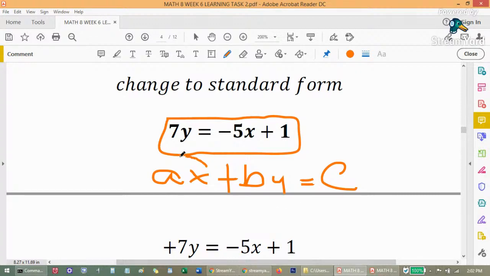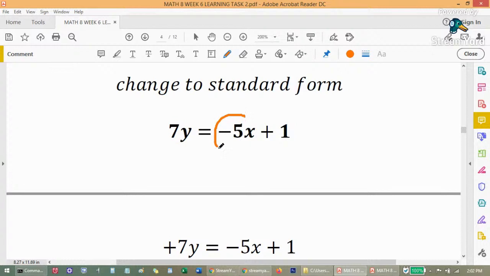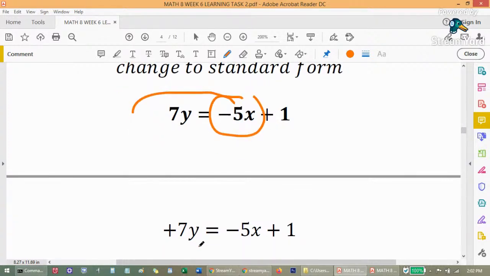Okay, so kailangan yung x, unang-una siya. Yung x dapat unang-una. Dito yung x natin. So, kailangan ilipat natin dito sa kabila. Okay, so yung negative 5x, pag nilipat natin sa kabila, ay magiging